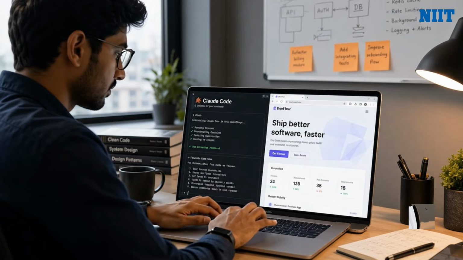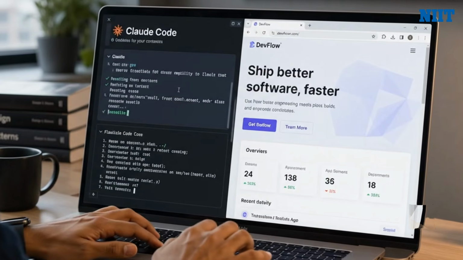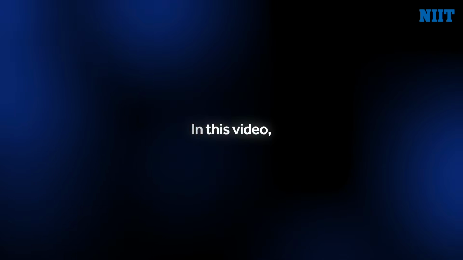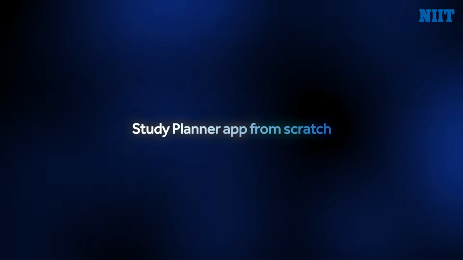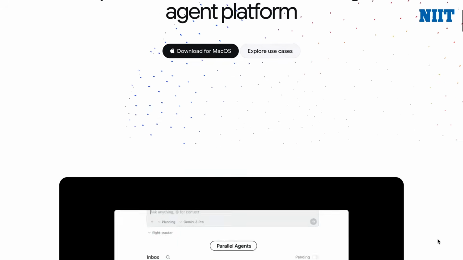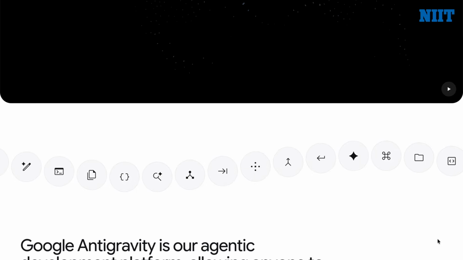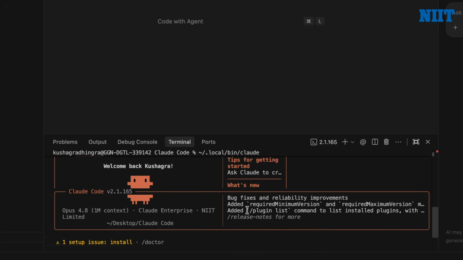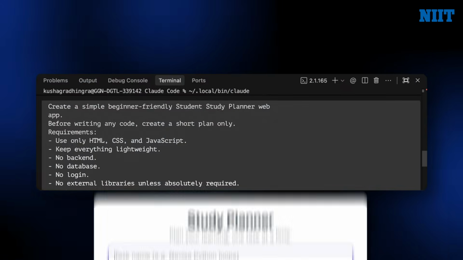So what if you could build a working web app without writing every single line of code manually? In this video, I will show you how to use Claude Code with Antigravity to build a simple student study planner app from scratch. This is going to be a beginner-friendly, step-by-step tutorial, and we will be covering the setup and how you can create a project folder, open Claude Code inside Antigravity, write the right prompts, generate the